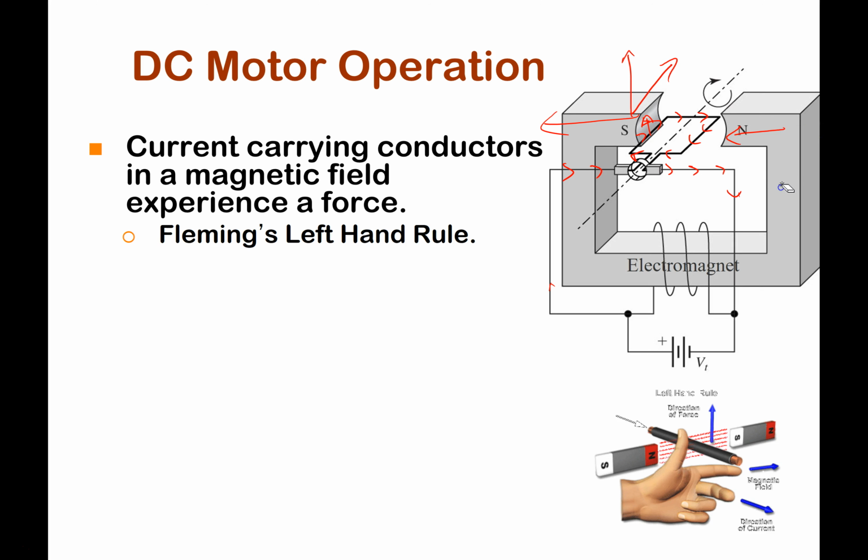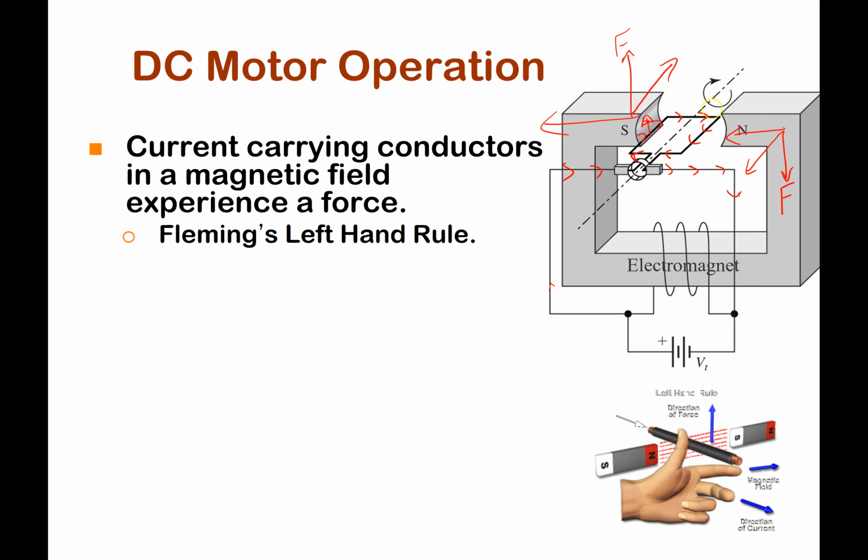Let me draw it this way, and then the force would be down. So this is the direction of the force. It is upward in this case and downward in this case. So you get a rotating force as shown here, one side going up, one side going down,